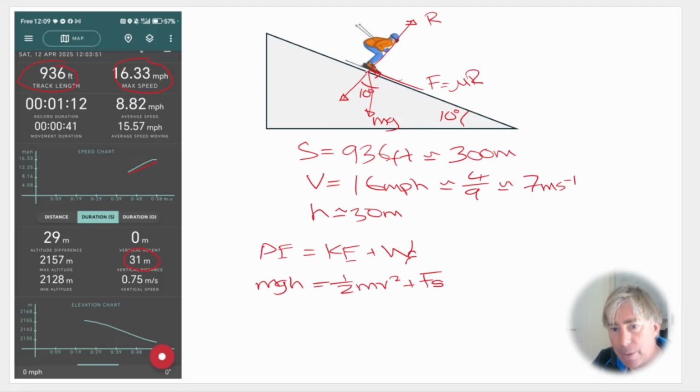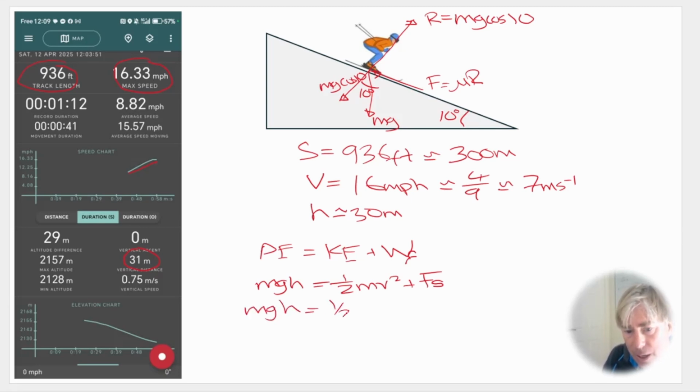So this little force arrow here corresponds to mg cos 10. And that actually is equivalent to our normal reaction force because it's in the same line. So we have mg cos 10 is our value of R. So if we plug things in here, we have mgh equals a half mv squared